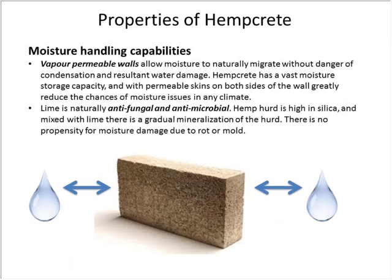What makes the hempcrete unique is that because it's being coated in lime, and lime is an antimicrobial and an antifungal, should the wall get saturated with water, from a plumbing leak, a roof leak, a flood, those sorts of things, hempcrete is extremely resilient in those cases. It keeps its shape because once the lime has gone back to being limestone, once it's hardened up, the material is very solid. And although you have a lot of cellulose material in the wall, because it's all wrapped in this lime mixture, it's incredibly resilient to wetting and drying,